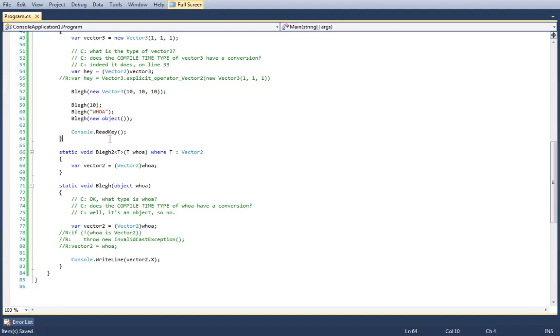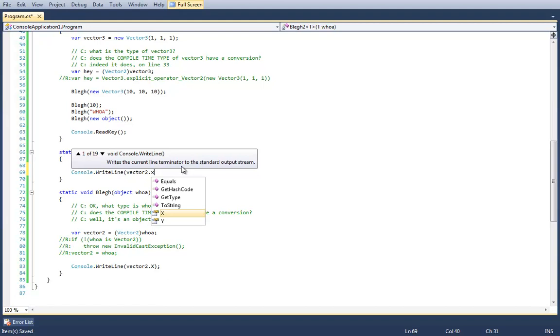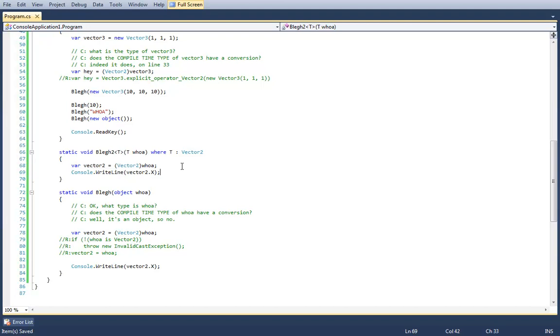You just clarify what you want it to do again. Because in between all the comments and things are different ways of doing the same thing. I wanted to print out vector2.x. That's all I wanted to do. Ble should look like this.